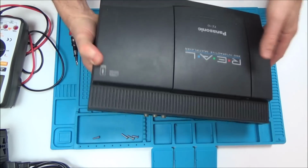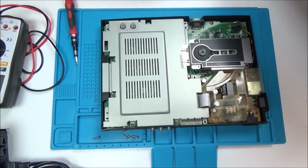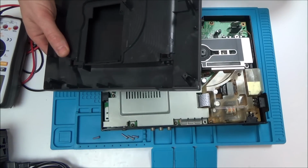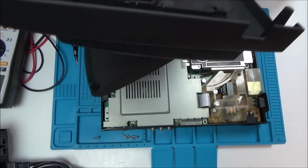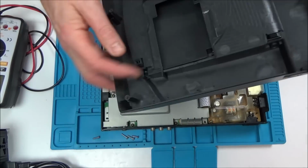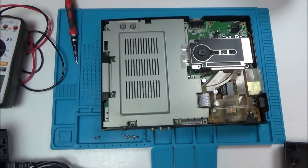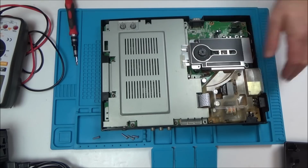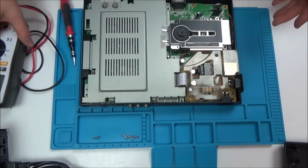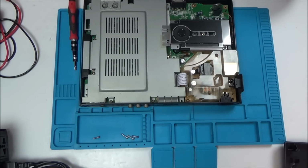Right, so let's have a look now. Excellent, that comes off lovely and easy, doesn't it? So there's just a catch there, and that just presses against here. There. That presses against this little lever here to let this know that the lid is closed. So what we're going to be concentrating on is this top corner here, because this is where the voltage comes in. I have to be really careful. I'll be honest with you, I don't like working on things that are mains voltage. But,